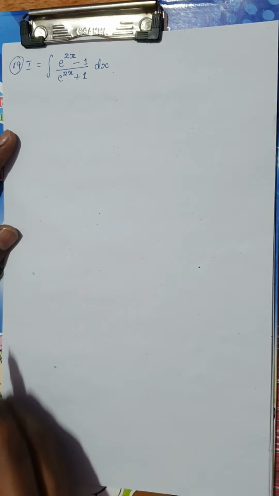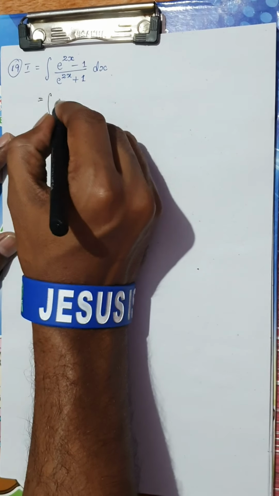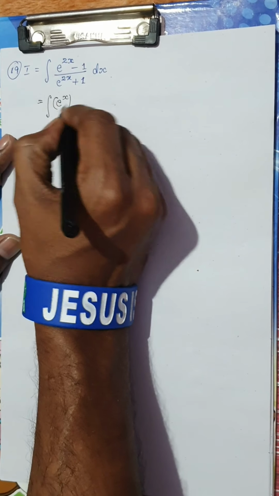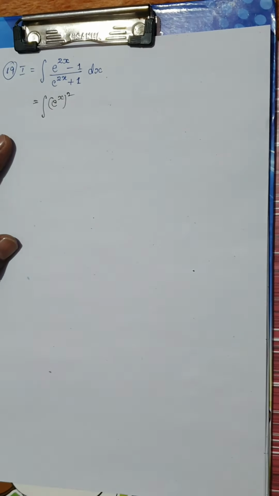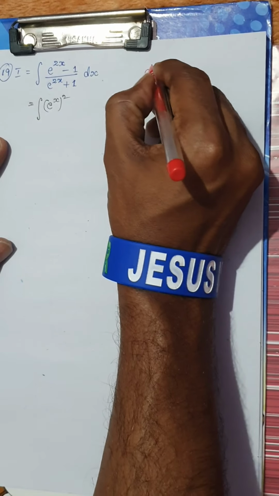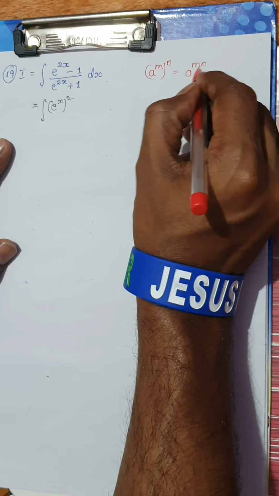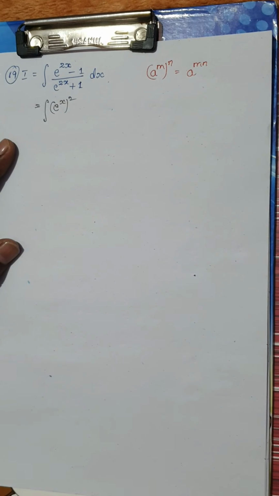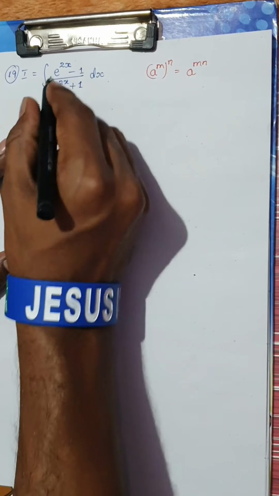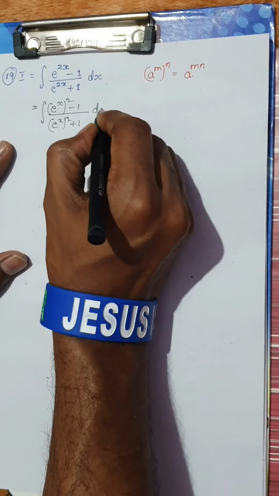power 2x plus 1. Now, remember, I am going to make some arrangements before I take the substitution here. So, e power 2x can be written as e power x whole square, because we know the property: a power of m power n is nothing but a power of m into n. So, I am using that property here. So, e power of 2x can be written as e power of x whole square minus 1 divided by, similarly, e power of x whole square plus 1 dx.